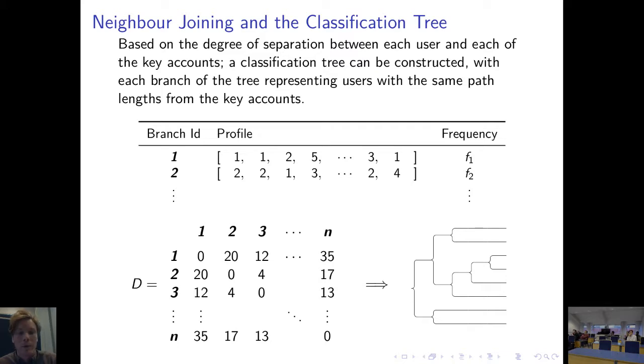And so every person is associated with this profile, and we'll be giving an ID based on the profile. And then I took the Manhattan distance between these profiles and constructed this matrix B. And from that matrix, I constructed this tree graph to the right,